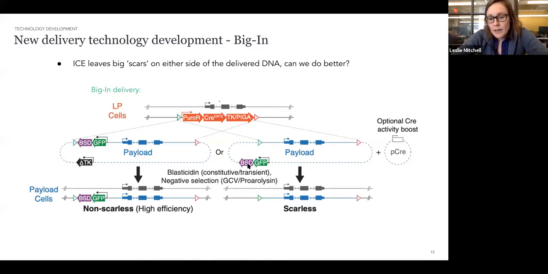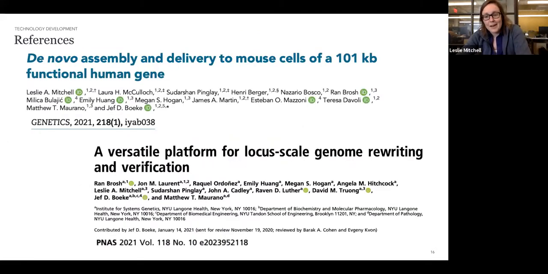If your payload has selectable markers outside of the heterotypic lock sites, you can have a transient selection for the blasticidin and GFP, which allows you to select for cells that have actually had DNA transfected, but ultimately one counter selects TK or PIG-A to achieve single step scarless delivery. So I hope that's clear, but if it's not, all of this work